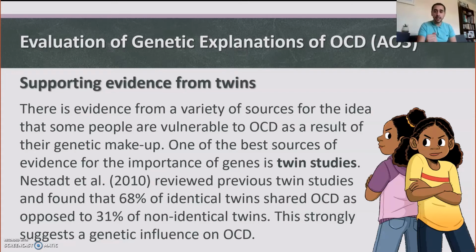Now, with identical or monozygotic twins, there's 1 egg and 1 sperm fertilized that 1 egg. Then the egg splits into 2. So you've got 2 fertilized zygotes from the exact same egg and the exact same sperm, monozygotic, and they have 100% the same genetic material. So we have monozygotic identical and dizygotic non-identical.